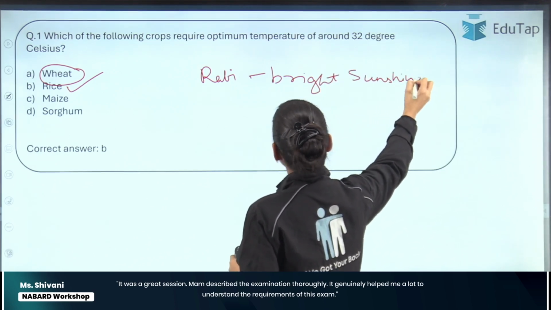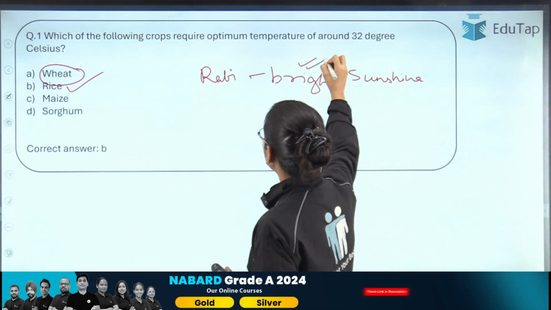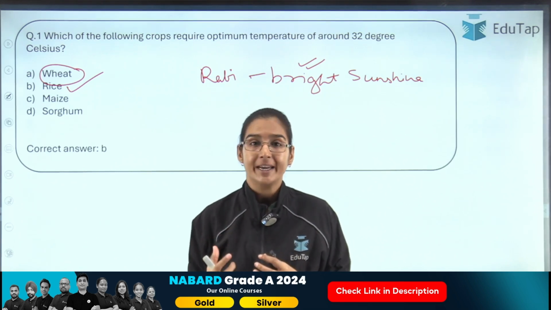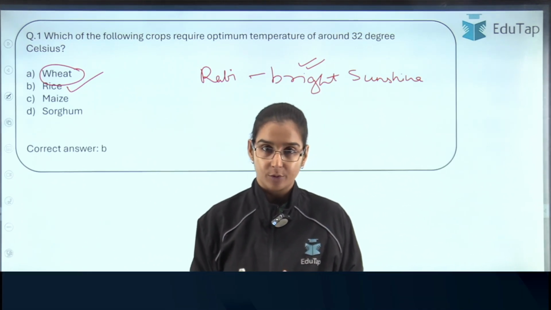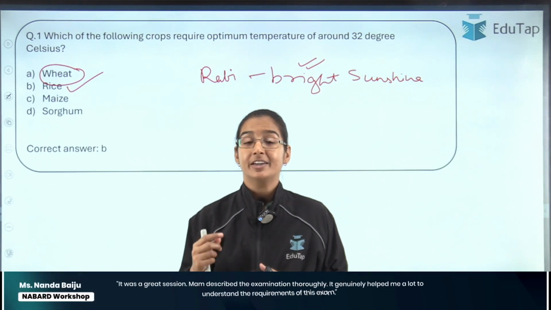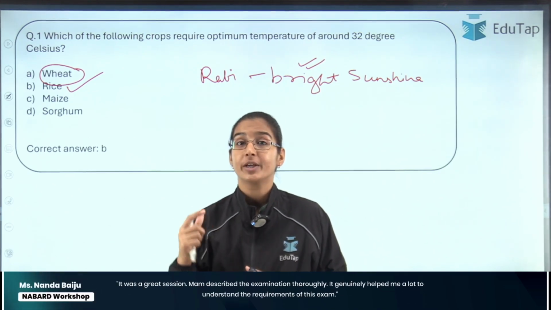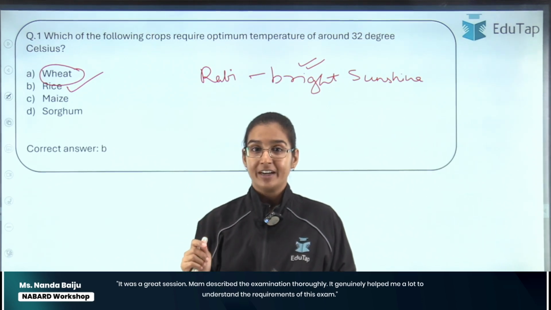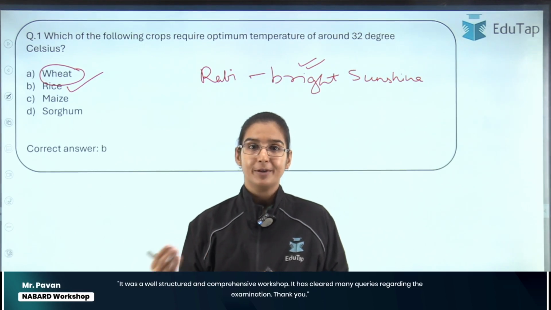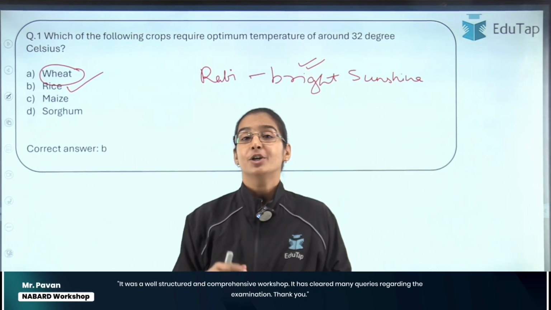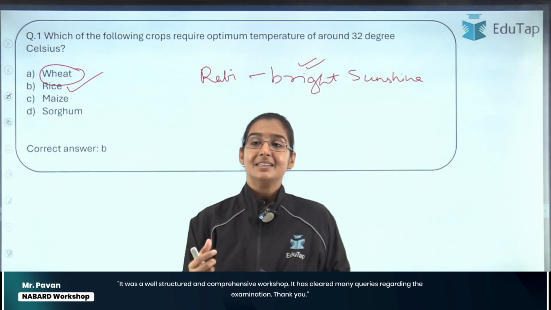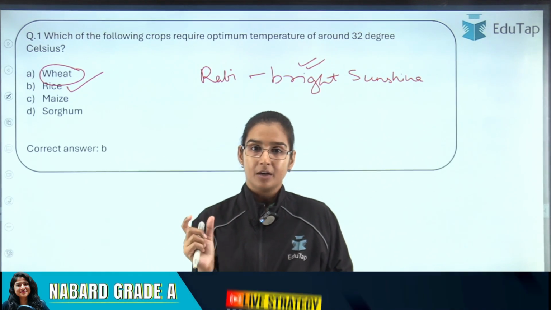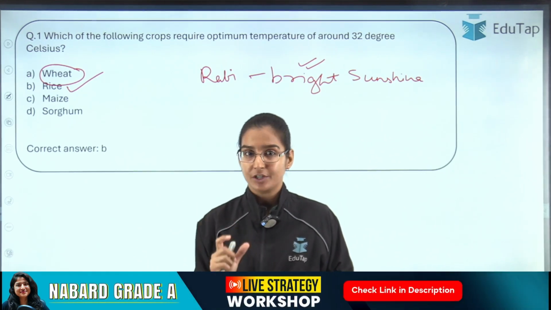So for wheat, the ripening happens when it is bright, when sunshine is there and the temperature is not that cold. And as you have seen, the ripening of wheat happens during the time of Holi. ठीक है? जब होली पे जाते हैं तो गेहूं लेकर जाते हैं ताकि होलिका दहन की पूजा में इस्तेमाल कर सकें. So that essentially tells us that the ripening of wheat happens in that February-March time when we have bright sunshine.